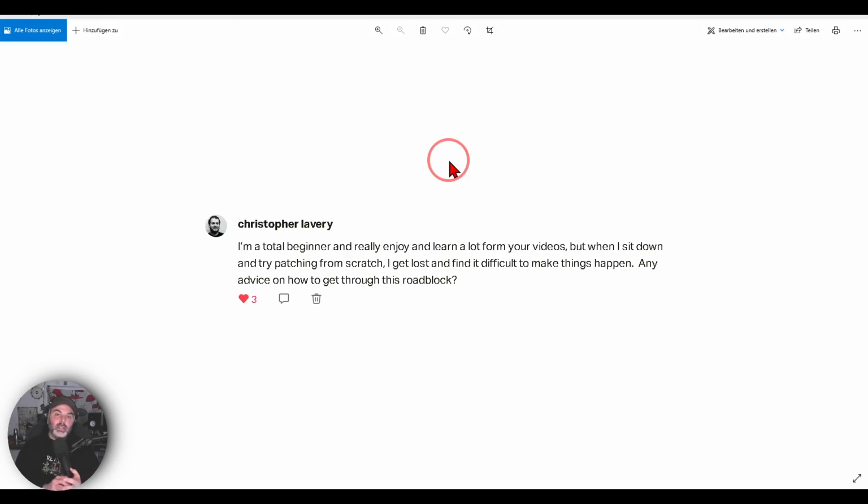Concentrate on just one idea. If you watch a video, for example, about sample and hold, I have a video about sample and hold. Take one idea for this sample and hold and experiment with it, see where you can take it. And then later on, when you sit down and compose something from scratch and build a patch from scratch, you will have more space in your head, in your mind,